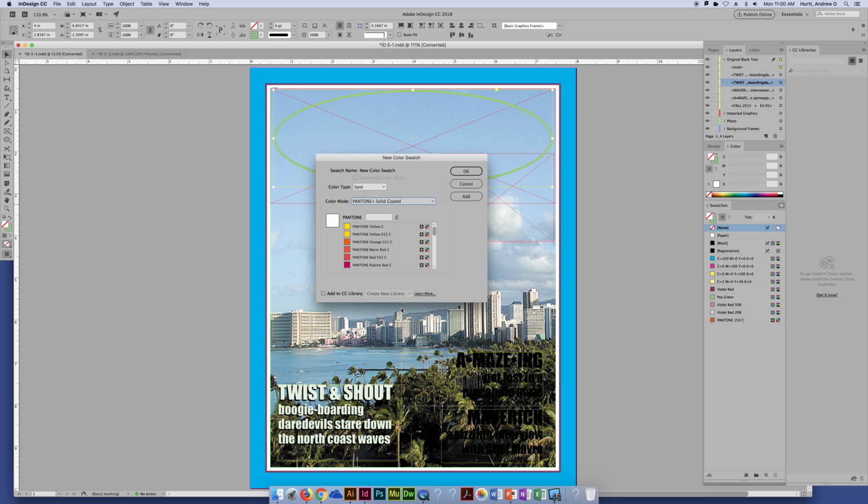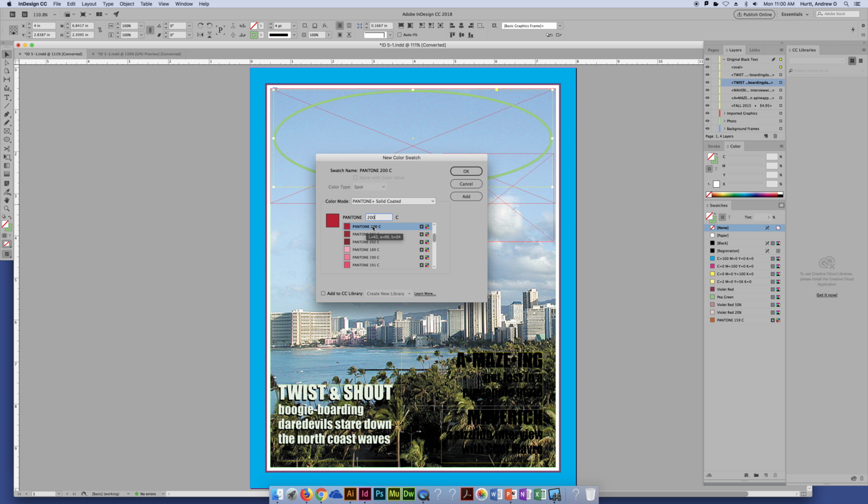and then I'm going to pick my Pantone Plus solid coated, and it may or may not take a little while to load. Mine didn't take that long at all. And now you'll see you have your giant Pantone library. You can search for colors. Generally, if you're going to be doing this, you know what color you're going to be looking for. You're not just arbitrarily sliding through this to look for a color, because it's going to take all day. So I'm going to type in 200